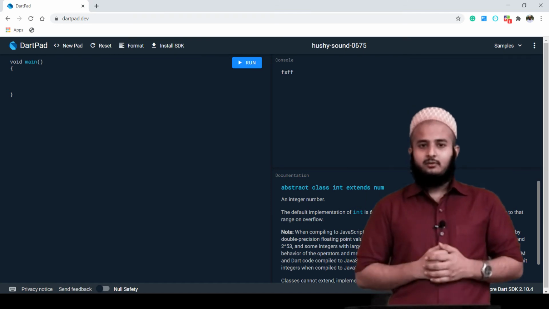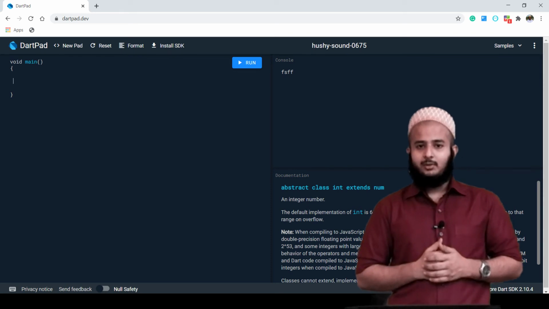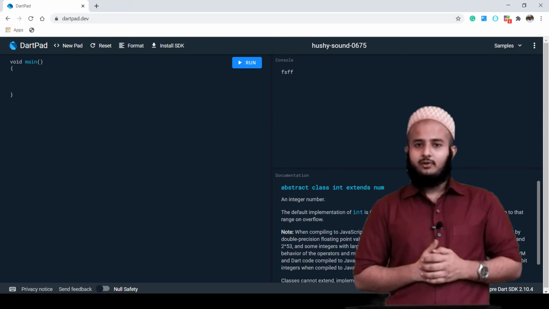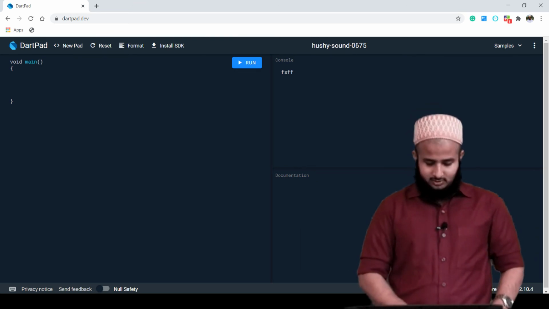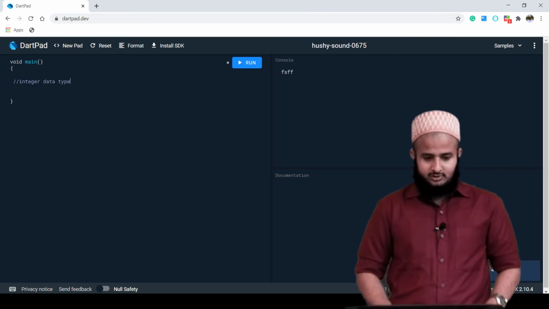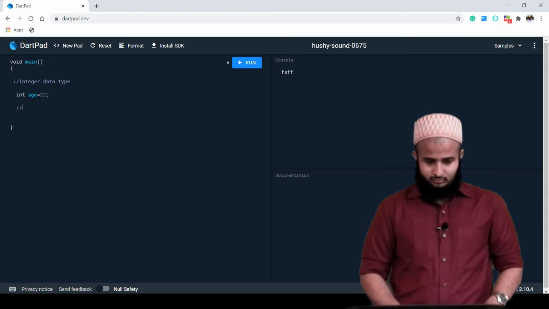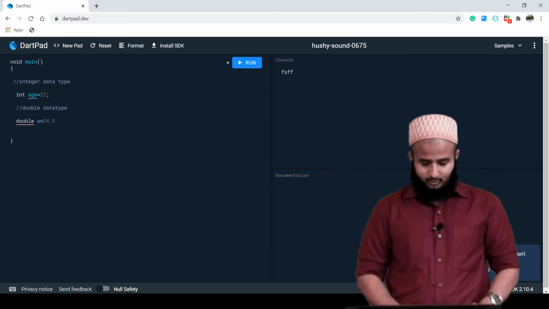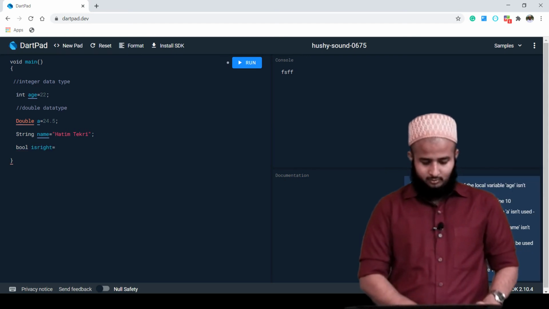Every data type has its own keyword. For integer we have the int keyword. For double we have the double keyword. For string we have the String keyword. For boolean we have the bool keyword. So let's explore. First, the integer data type: int age = 22. Then the double data type: double a = 24.5. Then bool isRight equal to